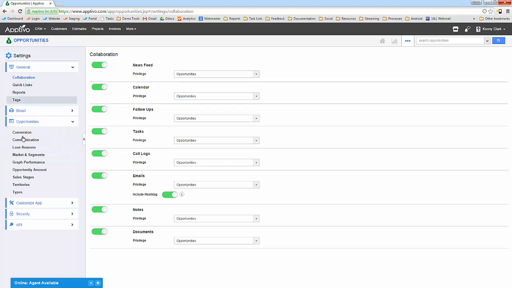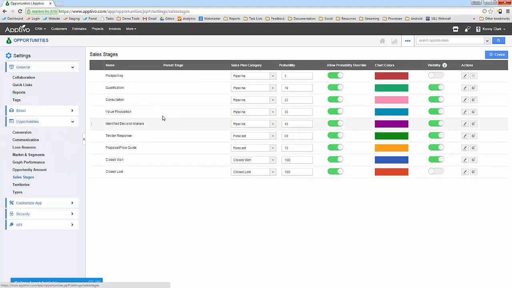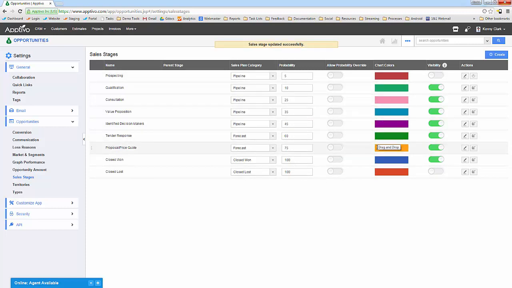So inside of the settings area, I've got my sales stages, and here we've got that page. So you'll see the probability control right here. The other thing you can do is determine whether your employees are allowed to override it. So I could come through here and say nobody is allowed to change the probability. You must use what's provided by the business. Then otherwise, you'll see chart colors. So all those visual dashboards and such that we were just looking at, you can determine, okay, this stage should